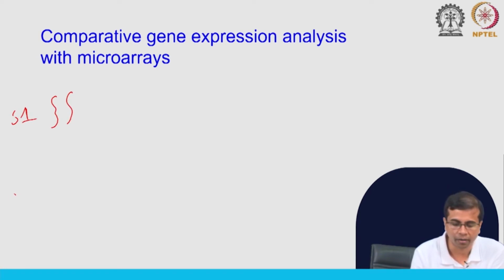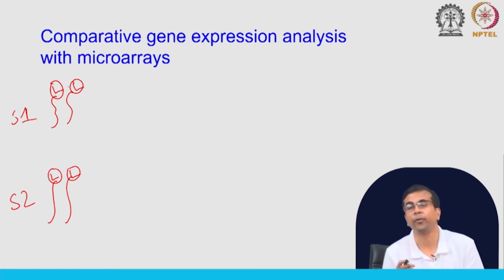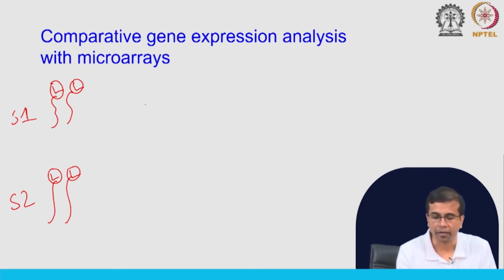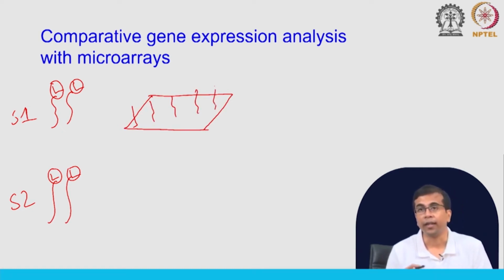I am just drawing here again, and they are now bound to these labels that give us signals. In microarray technology, for gene expression analysis, you want to measure expression levels of genes between these two samples. So we isolate RNA, then we convert that to cDNA, and we hybridize that cDNA to the microarray. These microarrays are designed with oligos, with probes that are complementary to mostly cDNA